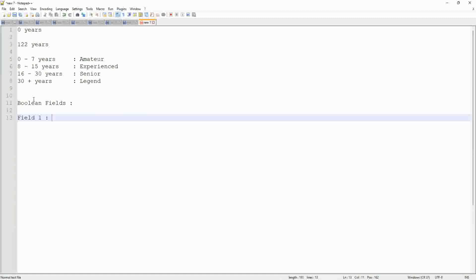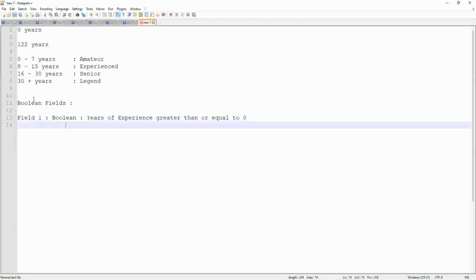So now field 1. What are we going to check? Let's say it is a Boolean field, like you said, and what are we going to do here? The years of experience. Yes, years of experience. Can we say greater than or equal to 0? And you remember how we wrote the Boolean. There was a rule, right, and years of experience less than